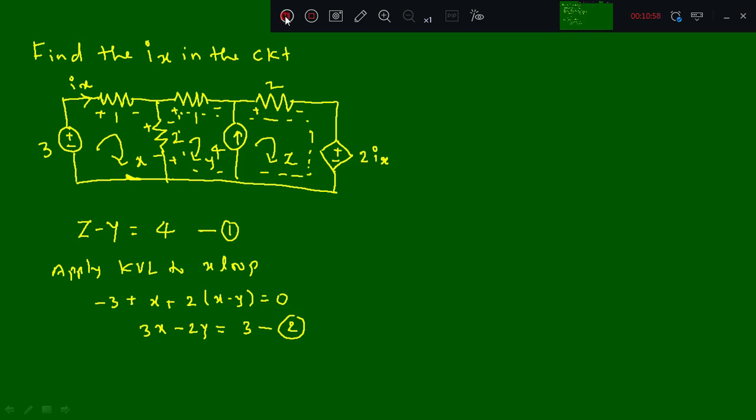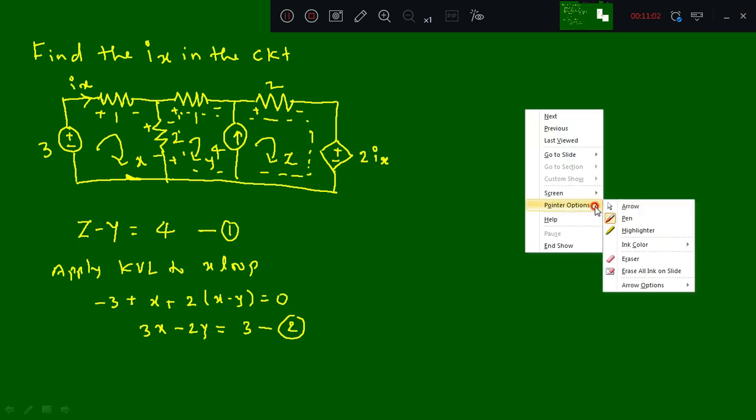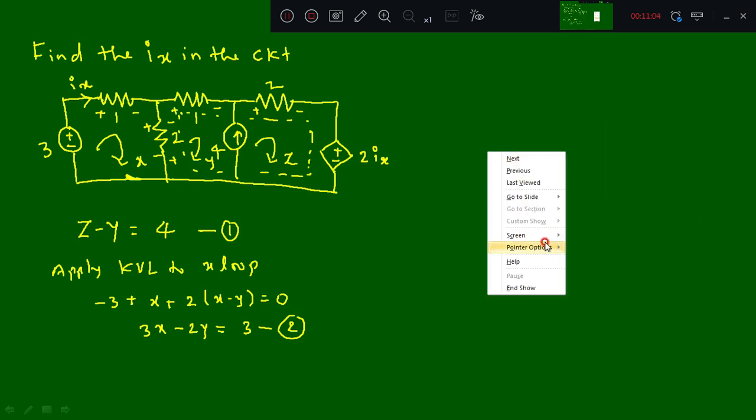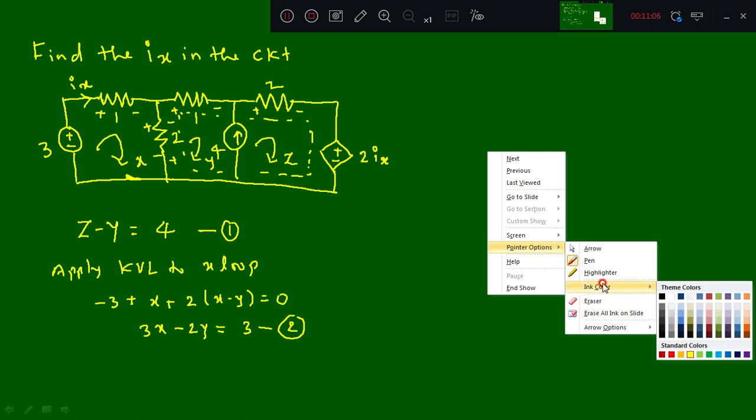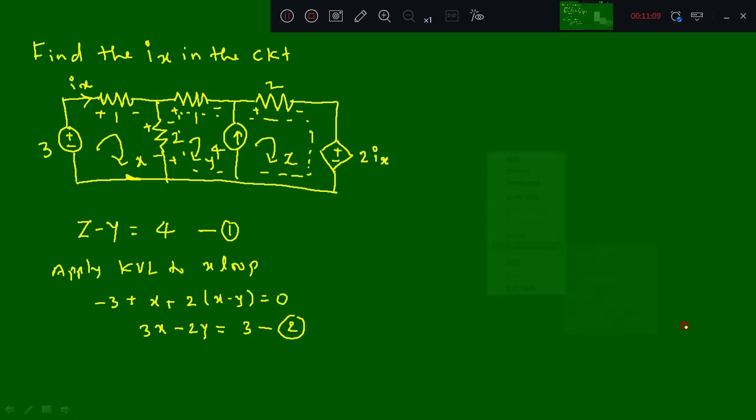When you apply KVL to the super mesh, you are going to get the equation as 2 into